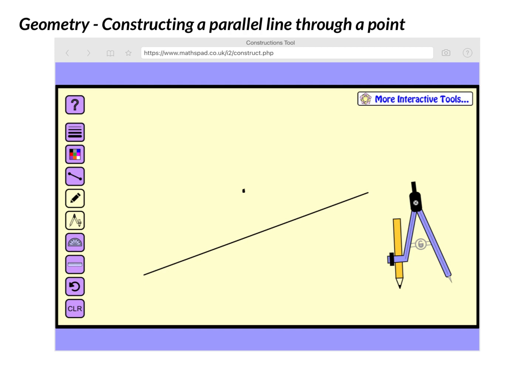So you can see here, I have a line right here, and I have a point. And I would like to construct a parallel line that includes this point. Now remember what it means to be parallel. There's a lot of definitions, but it really means they would have the same slope. They would never touch each other. Okay, so let's use our